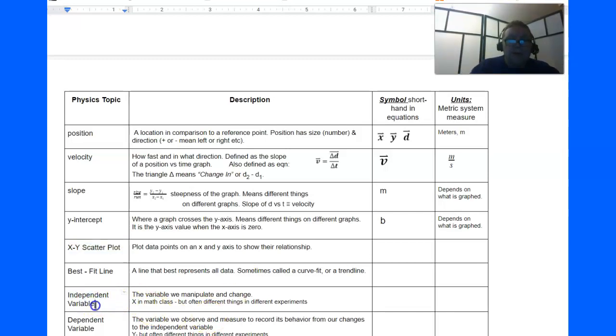The independent variable is the variable that we manipulate or change or that we set, and we will then measure it, and something else will also change. But the independent variable is the one that we're able to control or set, either through the physical nature of doing the lab, or like in the ping pong ball cannon, the time was the independent variable because the camera was set to take